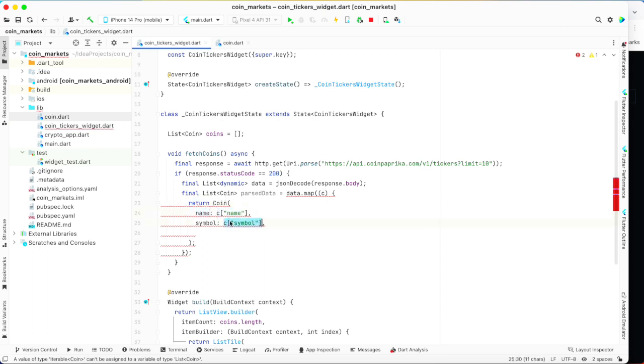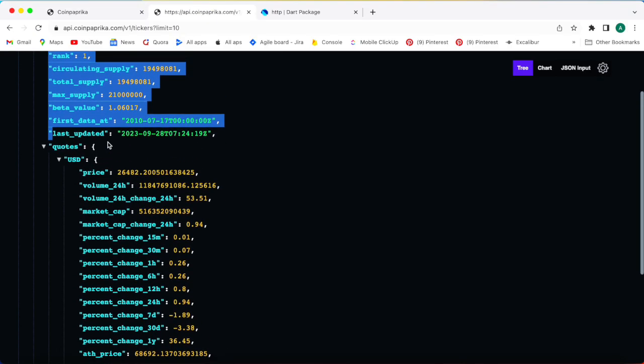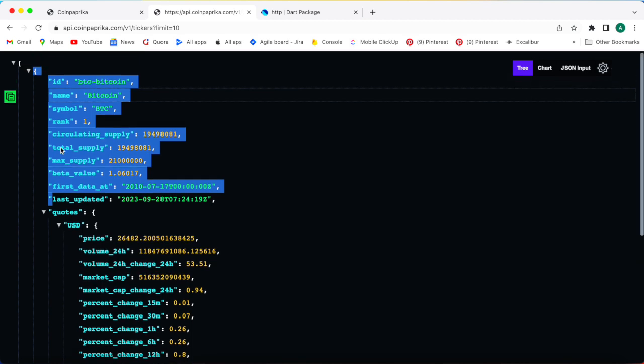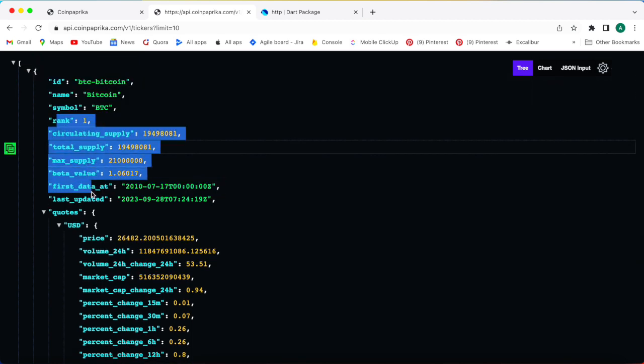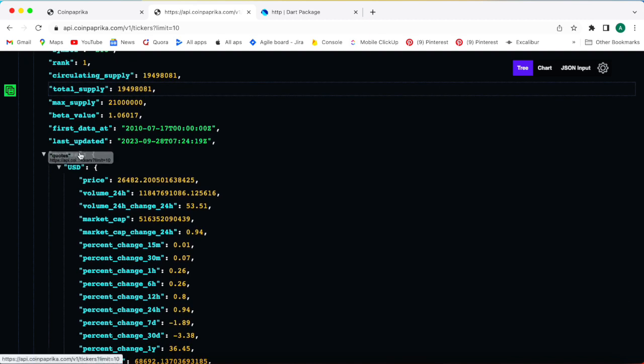Because we had the name and symbol within the object, we could easily add it by name. Go ahead, symbol. But price, we don't have it in the